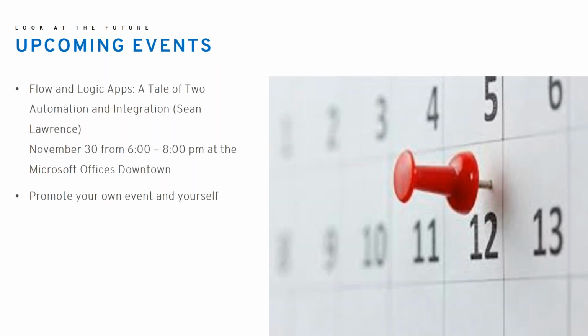And then, interest permitting, we'll have some sort of networking and social event afterwards. So for upcoming events, next month is going to be on November 30th, and we are going to be back at the Microsoft offices downtown. This, again, is just a temporary location for this month. But we're planning to meet from 6 to 8 p.m. like we normally do, and the topic is going to be on Flow and Logic Apps from Sean over there, who's presenting that. A tale of two automation and integration